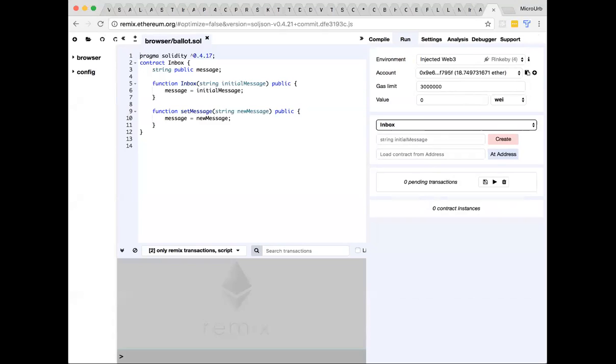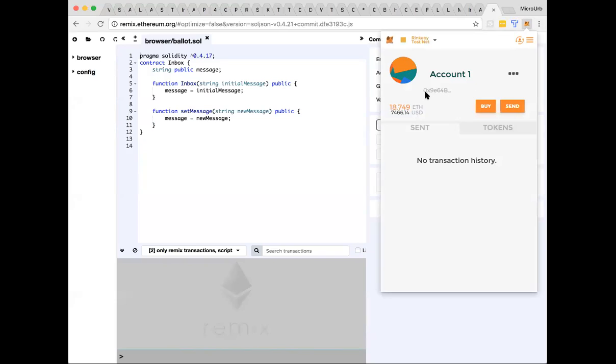Getting back on track, I explained that this is the version of Web3 that's already been configured. And I can verify that this is my account. If I go to MetaMask, and yep,